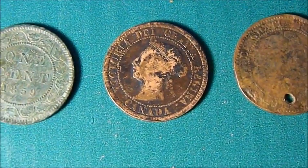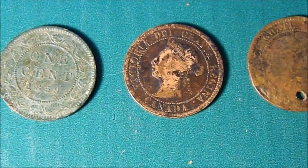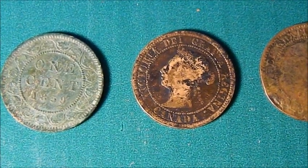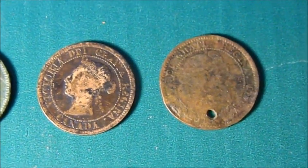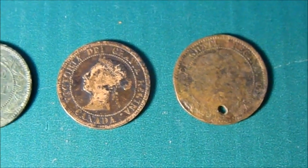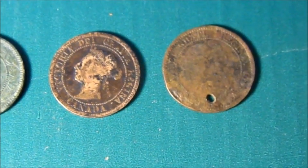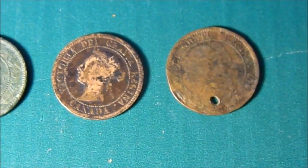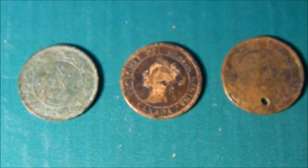This one, a little bit better image. You can make out the bust better, but still it's not well defined, but it's a nicer looking image, and this one is from 1886, I think is what I said. Here is another Queen Victoria, badly worn, both obverse and reverse, but it has that hole punched in again, so we can only continue to wonder, was this worn or was this strung together with other coins to make counting easier? The design is considered most beautiful, and Victoria, of course, appeared on UK coinage up until the time of